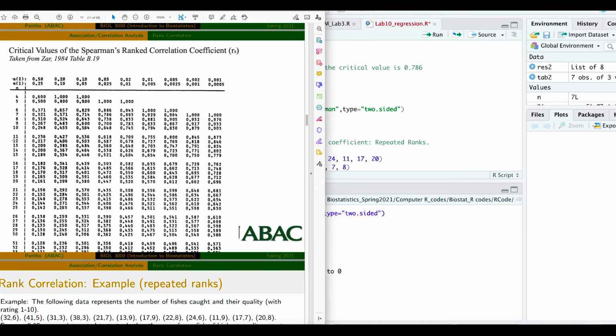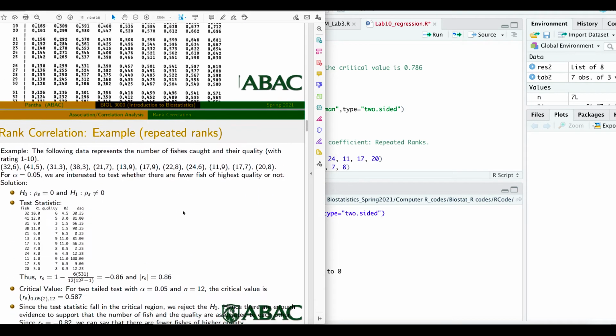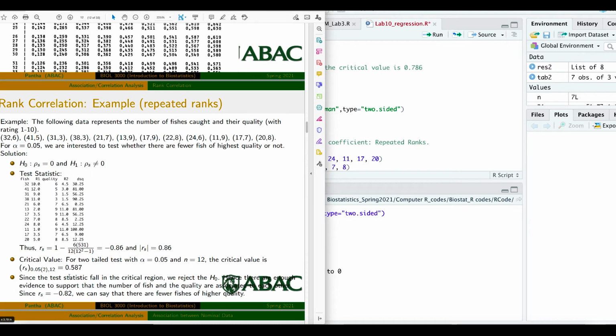So n equals 12 is here, right? And then 0.05 two-tailed test is the upper one, this one, right? So you see that? Alpha two-tailed test, 0.05. So 0.587. That's what you got for the critical value. Since the test value is 0.86 and the critical value is 0.587,